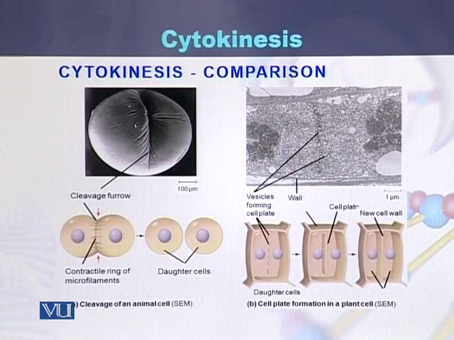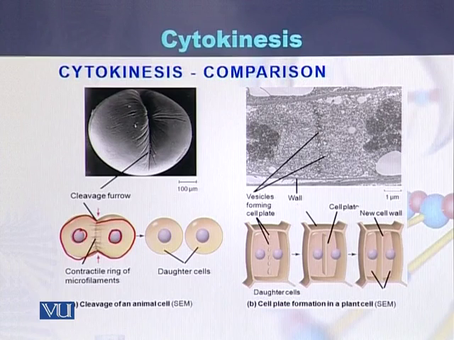The comparison of cytokinesis between the animal cell and the plant cell. In case of animal cell, here a single cell which has two nuclei, and there is a cleavage furrow between the two cells, and ultimately by the contractile ring and the deep furrow of this cleavage, this cell will be